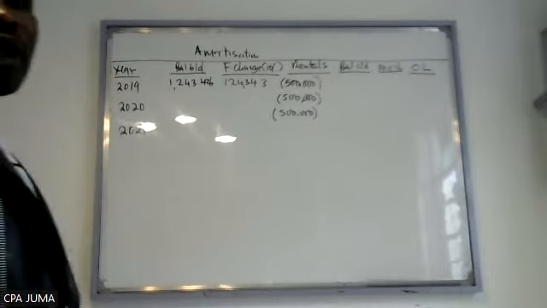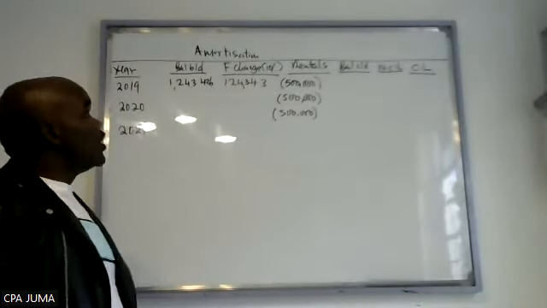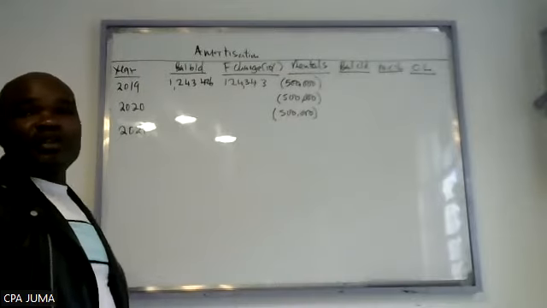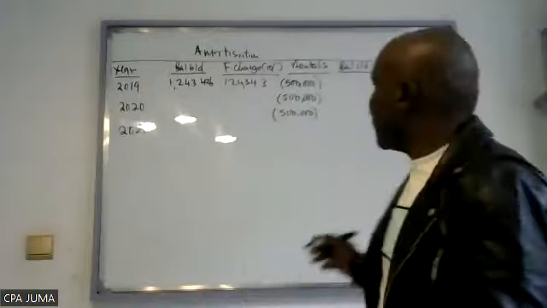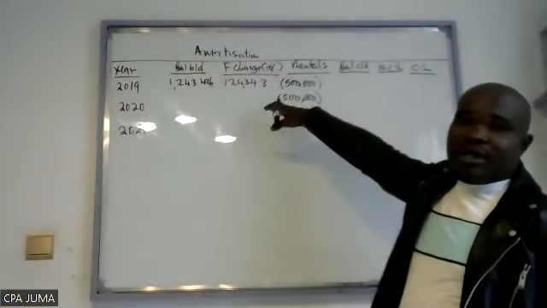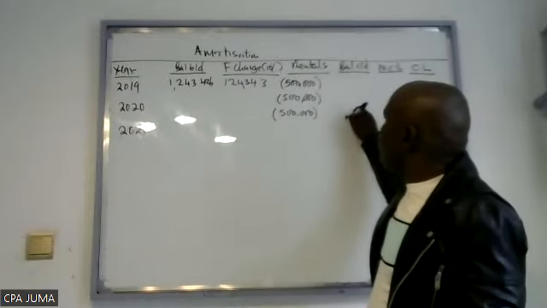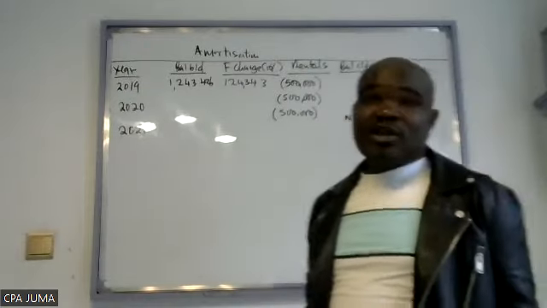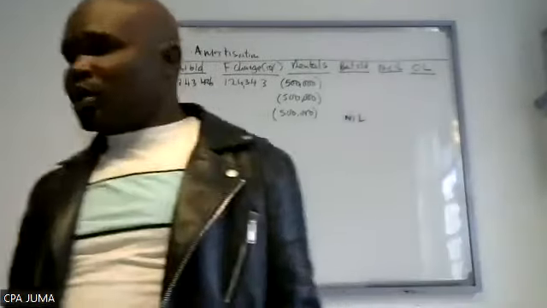Nyinyi ni watu serious. Why I should not waste my time? Maybe I've already kicked you off. There's nothing you cannot do from there. Amortization, I know you are perfect. Just confirm for me if you are getting nil. Because we are rounding off to whole numbers, unaweza pata plus or minus 1. That is nil. Can you confirm? Just confirm for me that. The rest I know now you can do, even the extract.